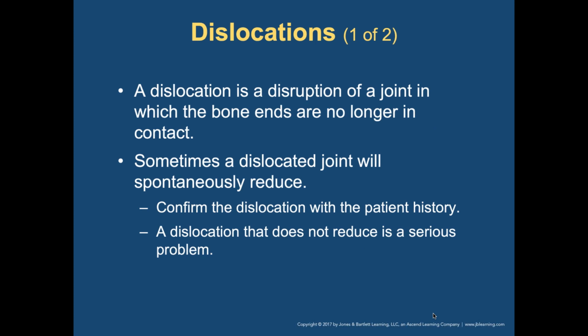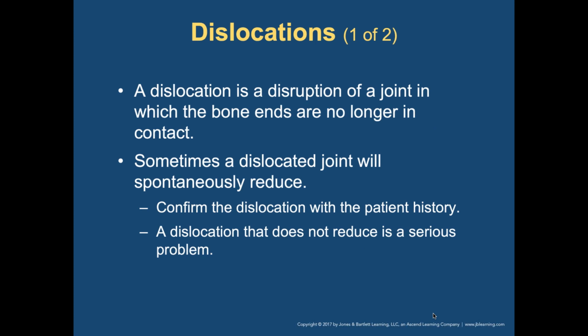Sometimes a dislocated joint will spontaneously reduce or return to its normal position. You'll see somebody pop their shoulder out of place and they'll pop it back in. You're not supposed to be able to do that because you've lost a lot of cartilage, and that's probably why you're able to do that. Sometimes if you just happen to move the right way, it'll automatically pop back in. Still need to go get checked out. You may get seen by a specialist for sure.